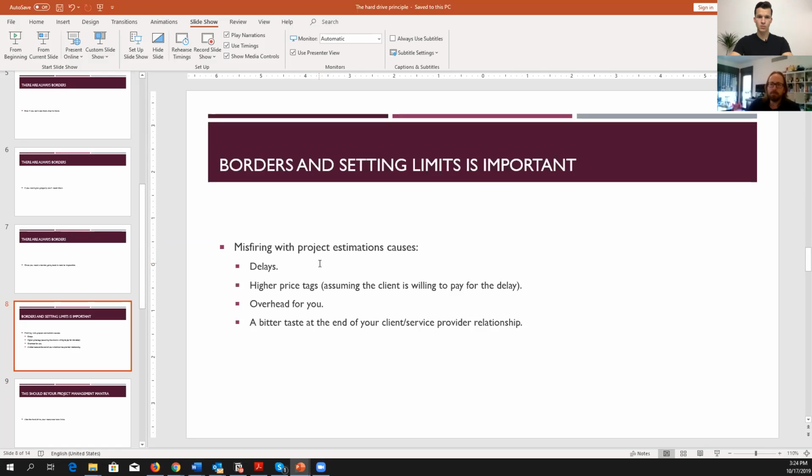Now, of course, if you do not manage these borders and limitations, as we discussed earlier, and you do not include the client in your overall plan, and they are not following your Gantt, and they are not updating you that this might be delayed or that might be delayed, it's just going to leave a horrible taste, and that's the last project that you are going to do with that client.